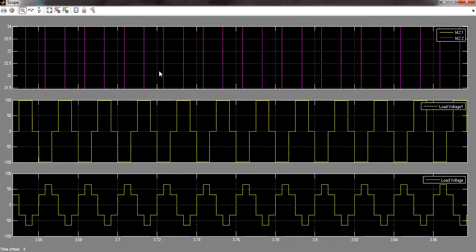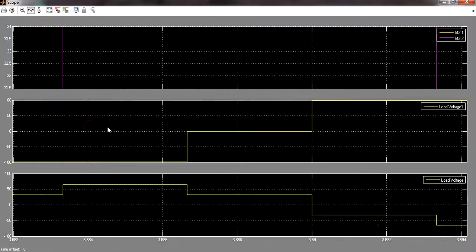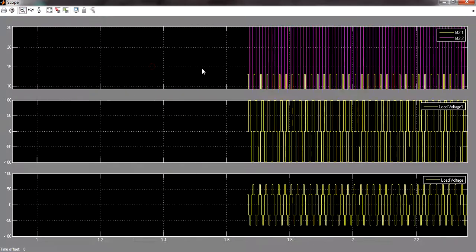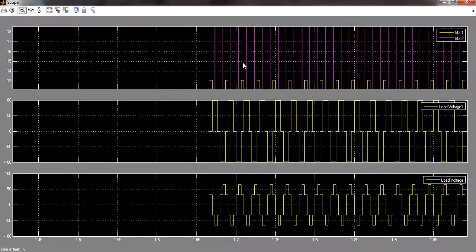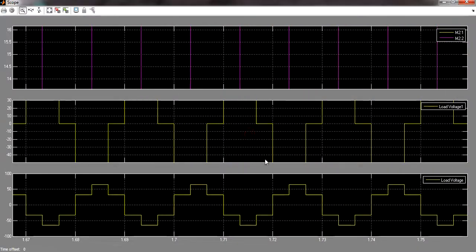So these are the quasi-square waves as we have studied in theory part for 3-phase voltage inverter of a 180 degree mode. So see, this is a proper output.